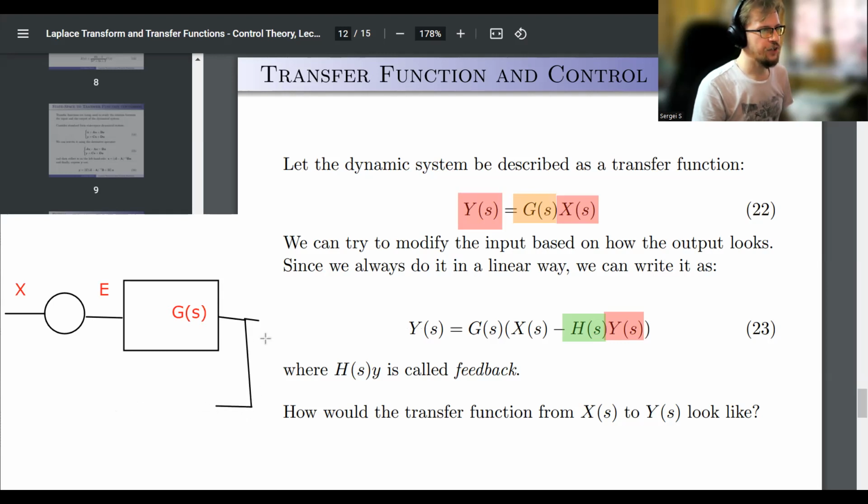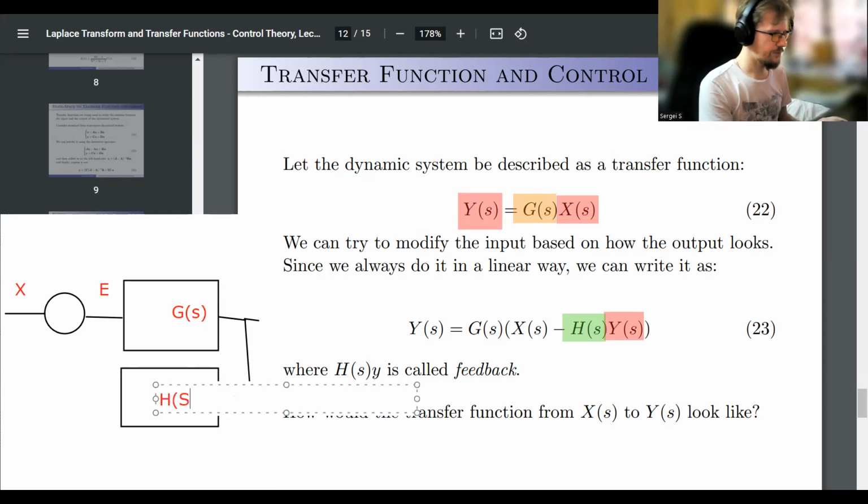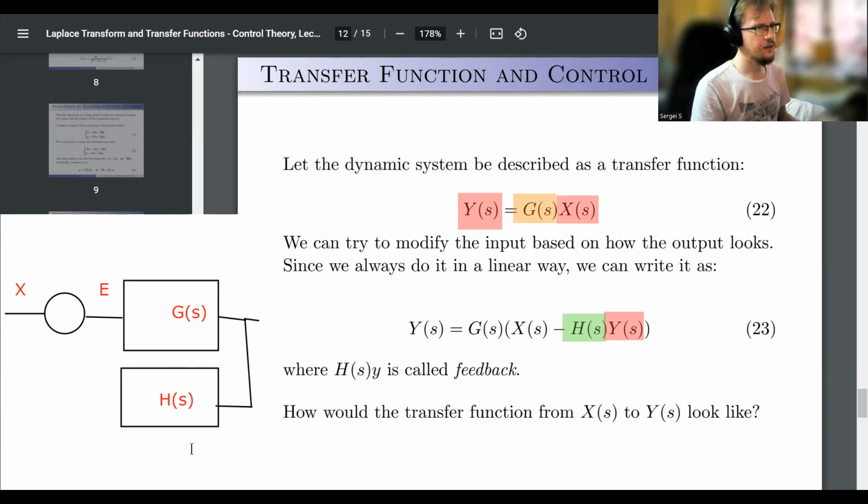Here, what we have is this controller that we can propose. Okay, controller will be h of s, small. And it goes back here with the minus sign. To indicate that there's a minus sign, we can make it black. Okay. So what happens? Our